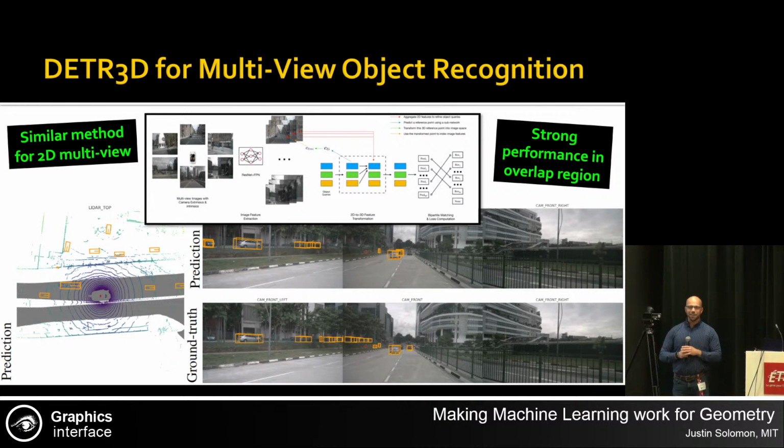And then one of the really interesting observations was that this 3D architecture could even be used for multi-view 2D object detection. So the point here is that I have a bunch of different images of a scene from just 2D cameras attached to a car, and I also know the camera projection for each camera, right, because they're glued onto my car. So I know a little bit about 3D and the relationship between maybe the positions of the boxes in 3D and where they should end up in each of the 2D images.